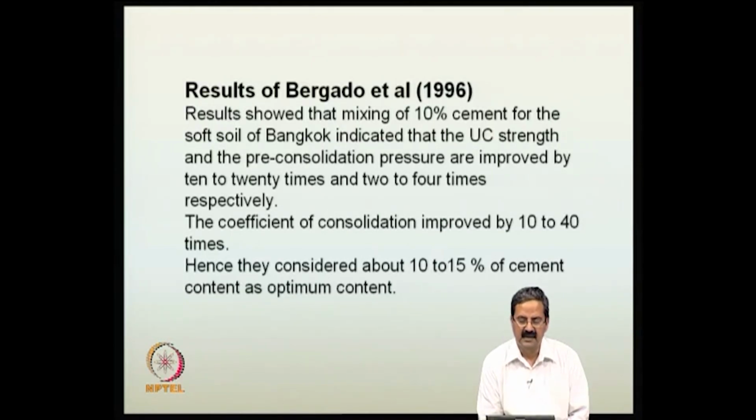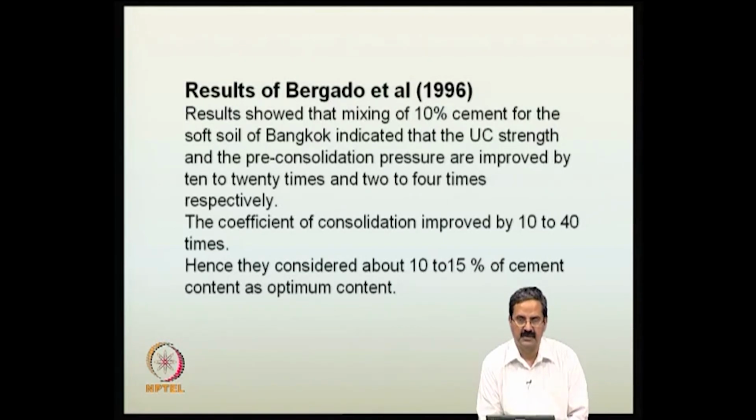So, the results he showed were that for the Bangkok clay, which is actually very soft, 10% of the cement was added, and they observed that the unconfined compression strength increases by about 10 to 20 times. Say, for example, the value may be 5 kPa initially, it increases to 50 kPa, or maybe 10 kPa becomes 100 kPa. So, there is a good improvement in strength because of the addition of 10% lime, and also